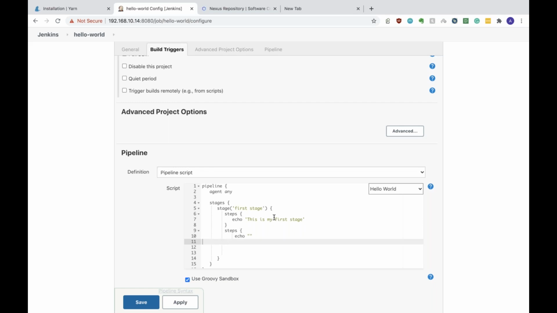Wait. I think I'm doing wrong. I missed one flower. Right. So if you look, these are the steps. This is my stage. Now I have to go with second stage. Second stage. So here I write the stage steps. Echo. This is